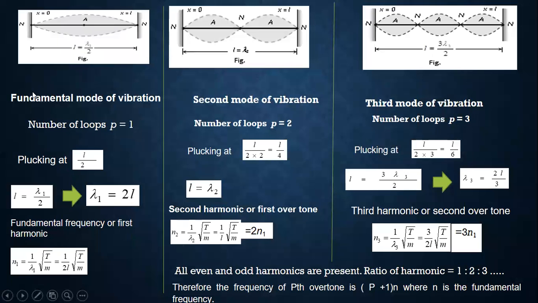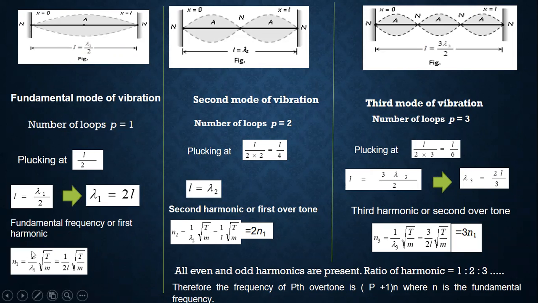Now for the first mode, the fundamental mode, the number of loops is 1. So we get two nodes and one antinode. The distance between two nodes is λ/2. So here L = λ1/2, so λ1 = 2L. The frequency of vibration of string is given by the formula